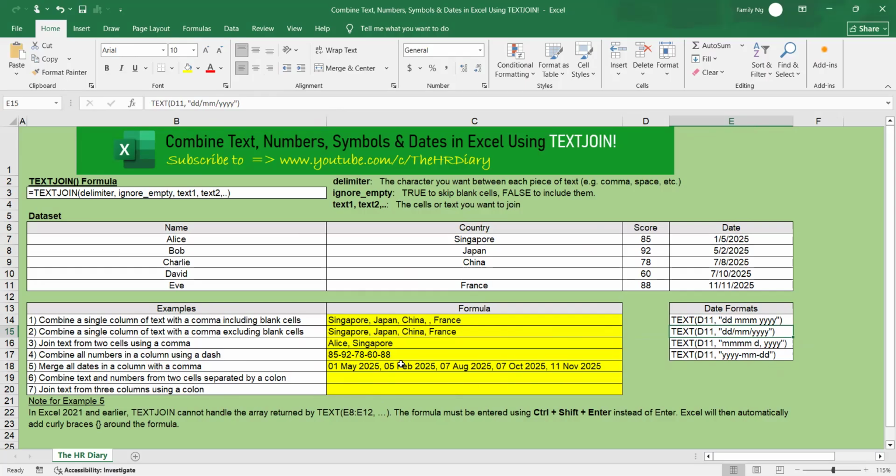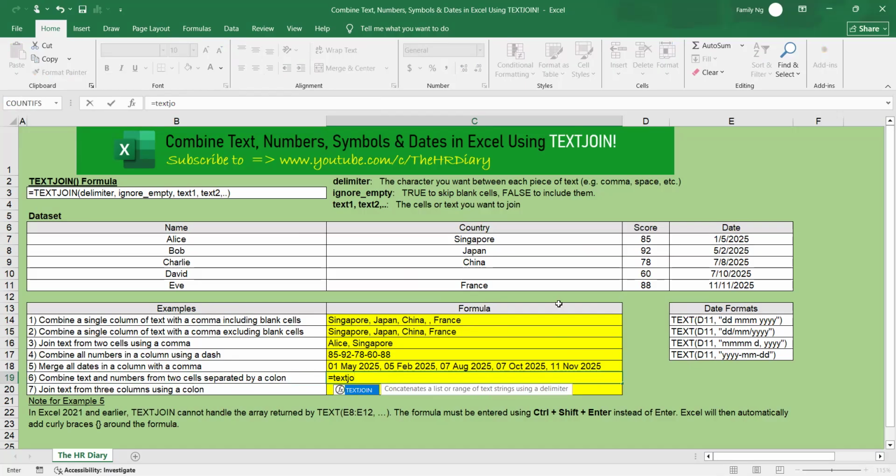Now, let's move on to example 6. In example 6, I want to combine text and numbers from 2 cells using a colon symbol, all right? To do that, type =TEXTJOIN(": ", open quotation mark, and type in the colon, right? This is the colon sign, space, close quotation mark, comma, true,